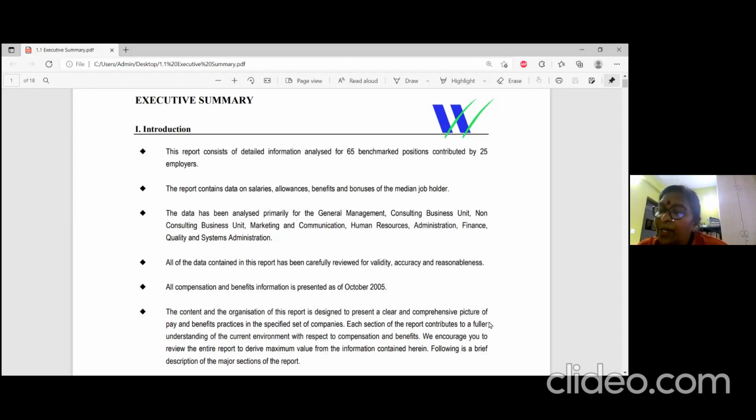Or if I want to be lower than that, but typically if you pay less than the 50th percentile, you will not be able to attract any talent. Isn't it so? If you are below the 50th percentile, you cannot attract any talent. So essentially, one is you are comparing data. Now, where will you get data? You can get it from published surveys, or you can also do a customized salary survey.